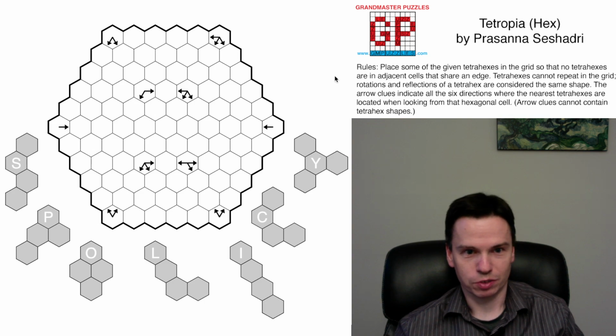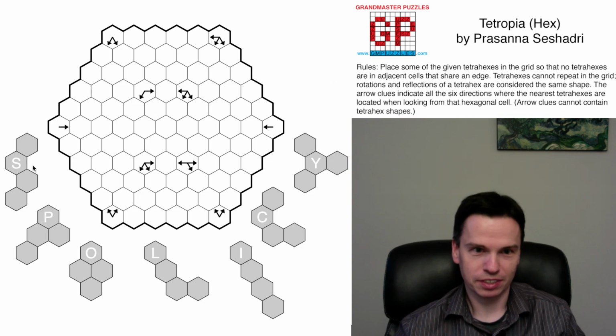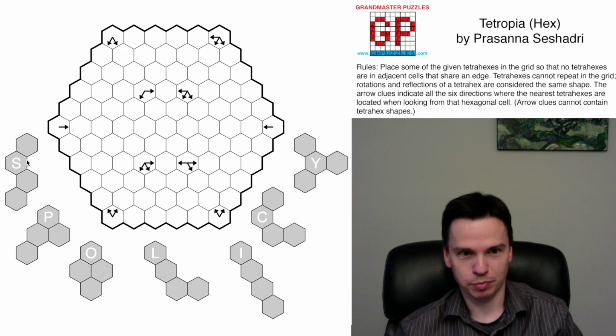So we're here to solve this Tetropia hex puzzle by Prasanna Seshadri, and the name is a play on Pentopia. Pentopia is pentominoes with myopia clues. In this case, it's tetrahexes with that same myopia type of clue. Normal thing in these puzzles is to mark off all the cells right near a clue that don't have arrows,